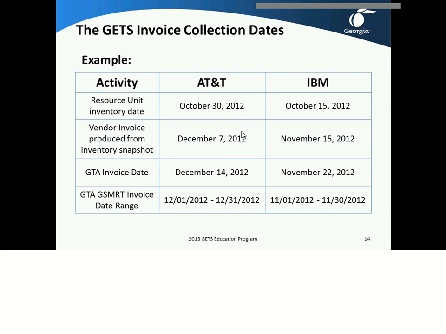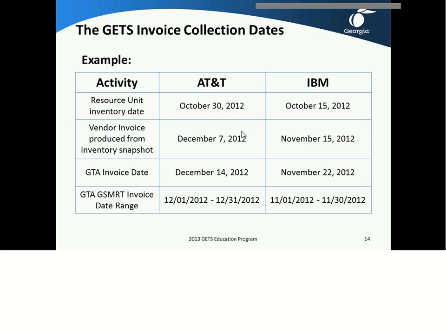So you can see in this example, AT&T would bill us on the 30th. Their invoice would come to GTA on the 7th of December. GTA in turn would bill that out on December 14th. And then when you look at the invoice online through GSMRT, it would have a date range of December 1st